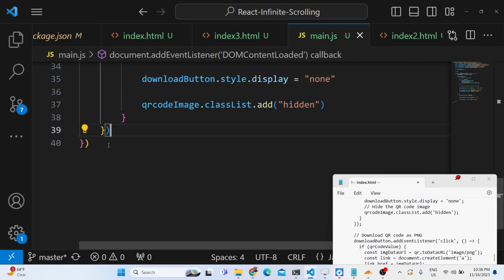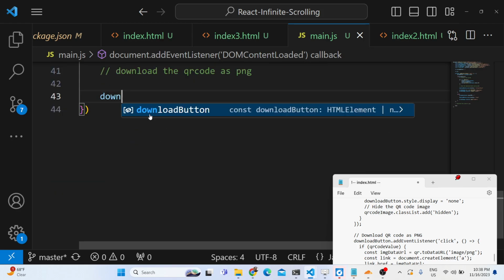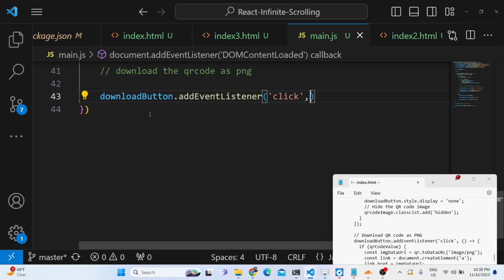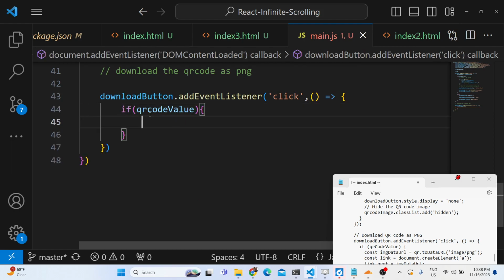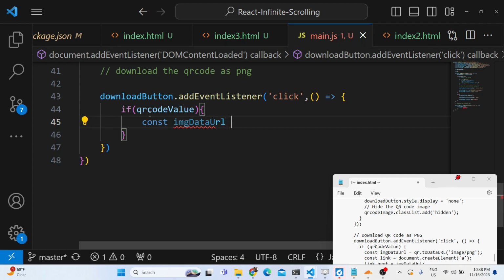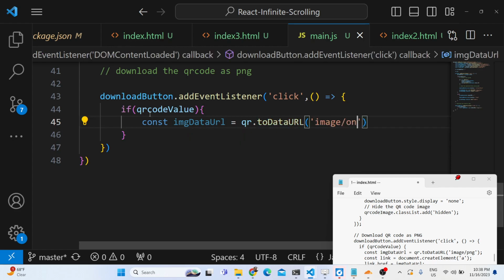Now we need to tackle the download button, guys. Once you click the download button, it should download the QR code as a PNG file. So how can we do that? We can simply bind an onclick event handler to the button. We can say click. Whenever we click the button, what should happen? We need to first of all get the QR code value. If it is present, then in that case we need to convert this into a base64 URL. Again, for that we will use the same function that we used, which is toDataURL image/png,